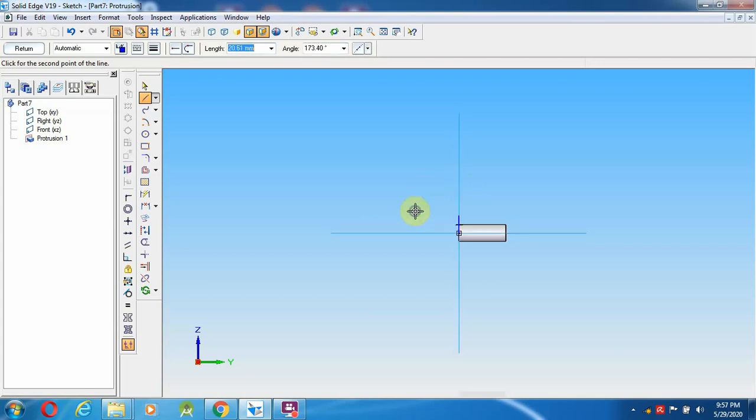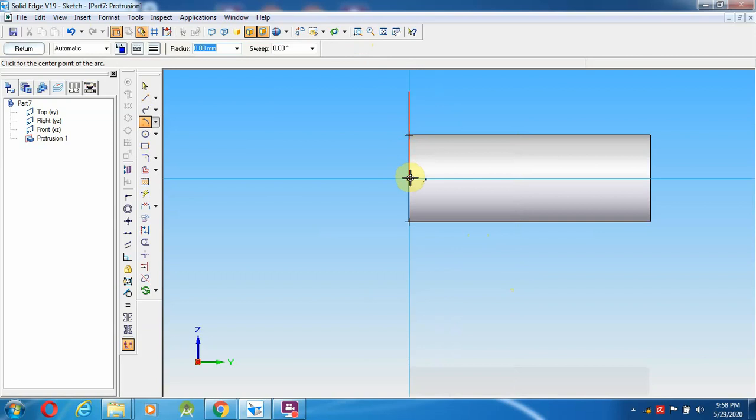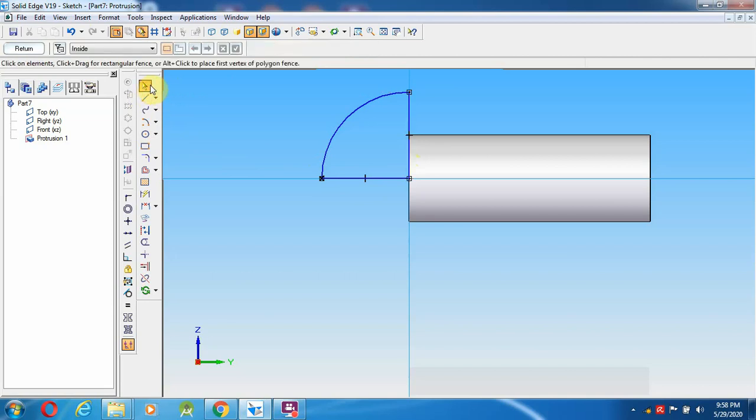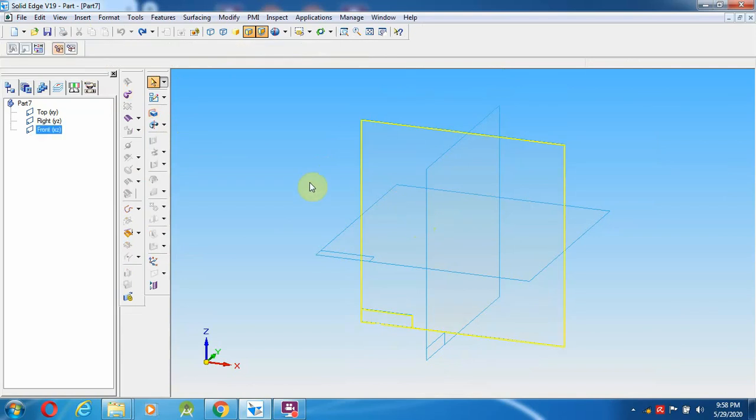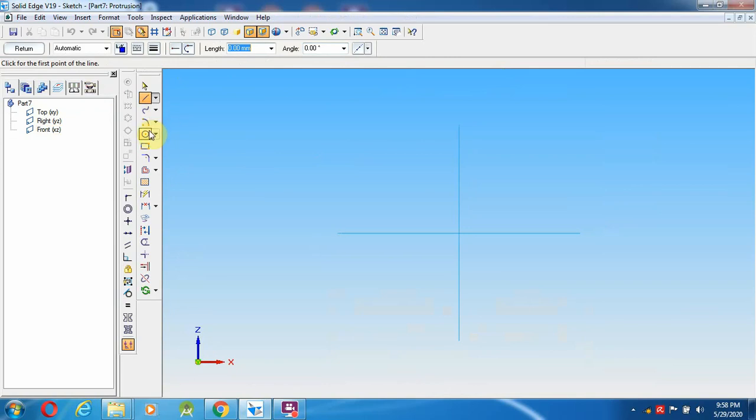Then after that select arc by center point method, from this end point to here we can make over here. So up to that half I am going to create. Then I am going to close it over here. Now you can choose. Even this one you can go with, select 8 mm, 22 mm length.